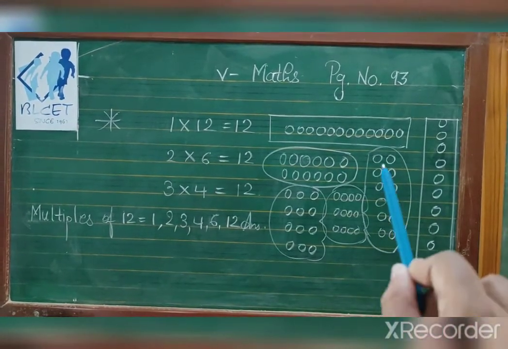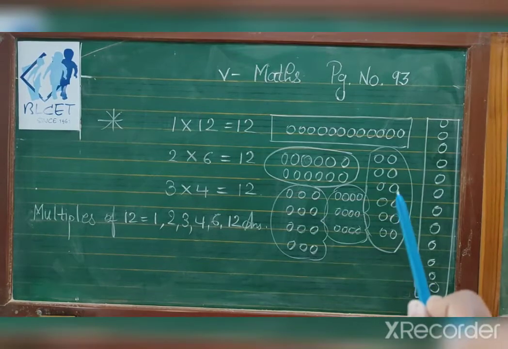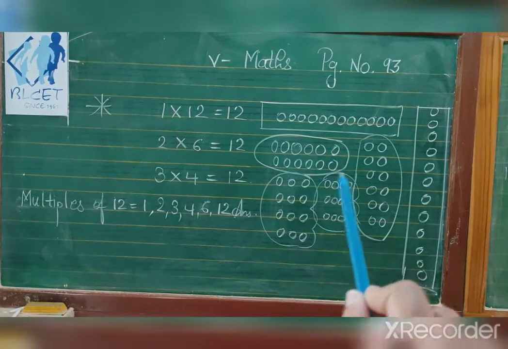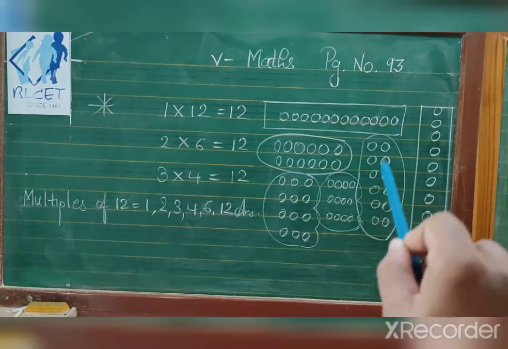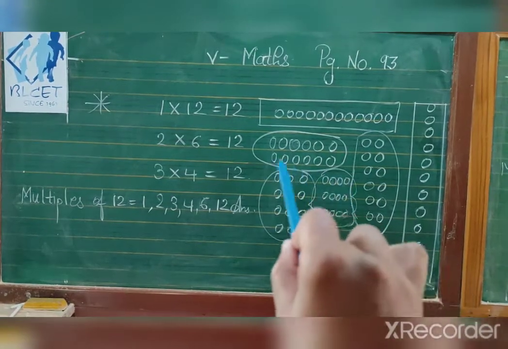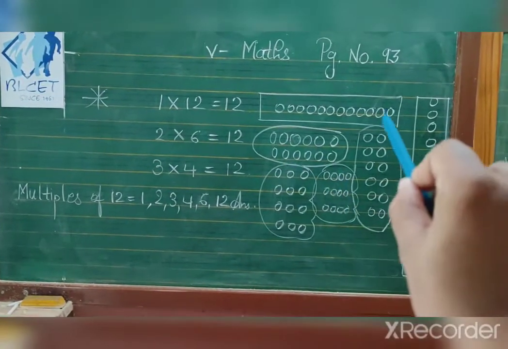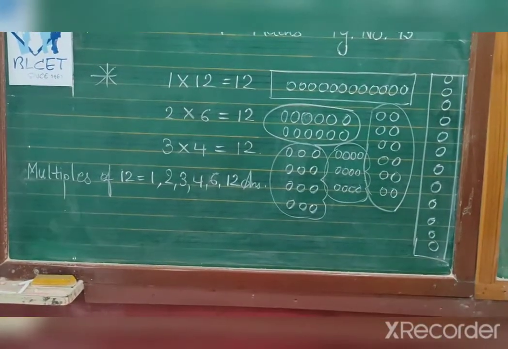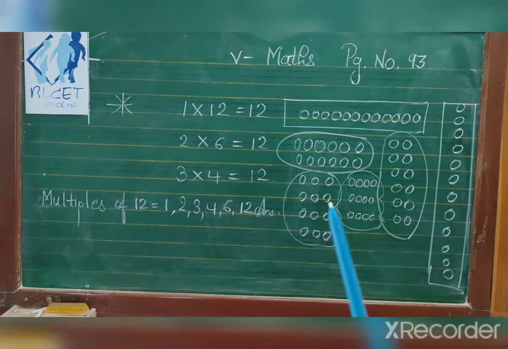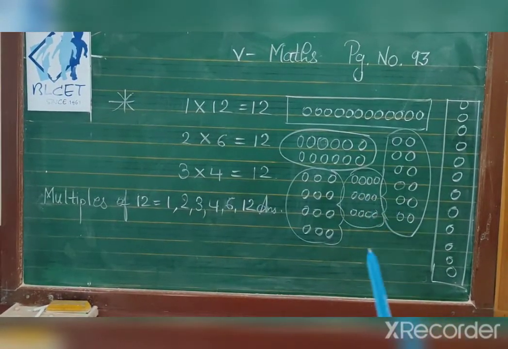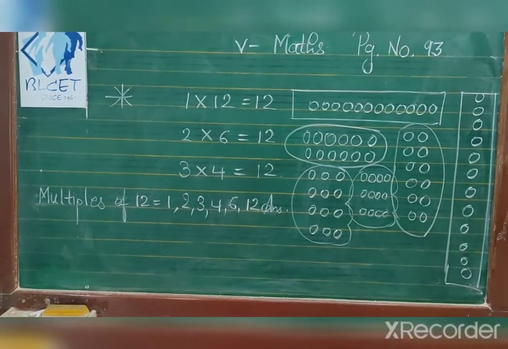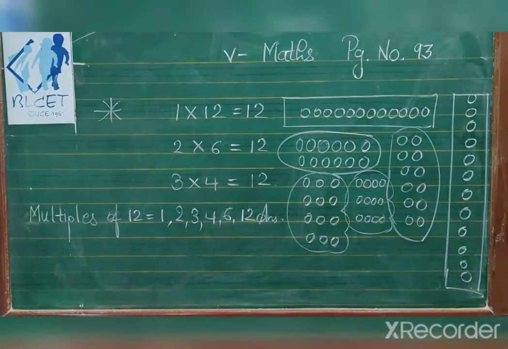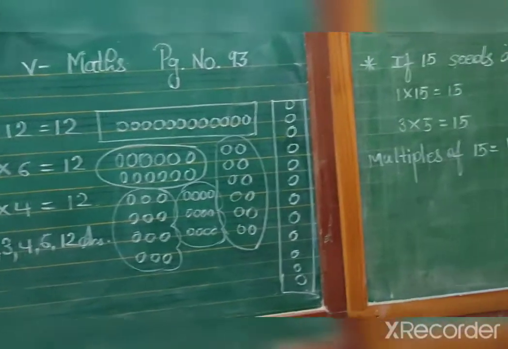Column wise you can see 1, 2, 3, 4, 5, 6, 6 rows. And now see here 2 rows. And here column: you can see 6 seats in one row and in the second row. Here 6 rows are there and 2 columns are there. Now 3: 3, 3, 3, 3 and 4, 4, 4, 4. Only this arrangement we can do for 12 seats.